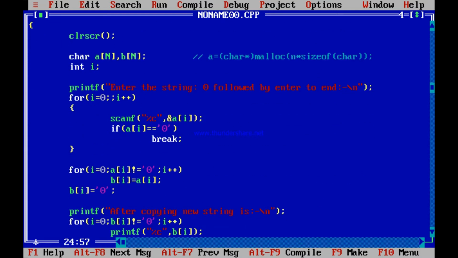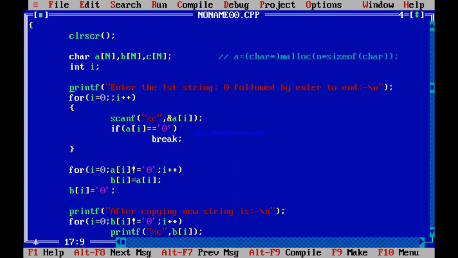For that I will have to take two strings from the user. For that I need three arrays, A[N], B[N] and C[N]. However, the length of C will be more than A and B, but this is the maximum length 100. Expect these two strings together to be smaller than this, because C will be the concatenated string. So I continue with this, saying enter the first string. I will ask for the first string from the user. So this scanning is done. Now I will ask for the second string from the user.